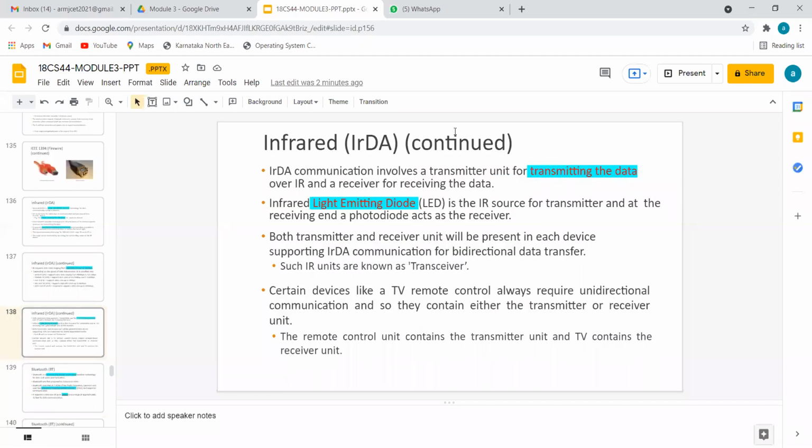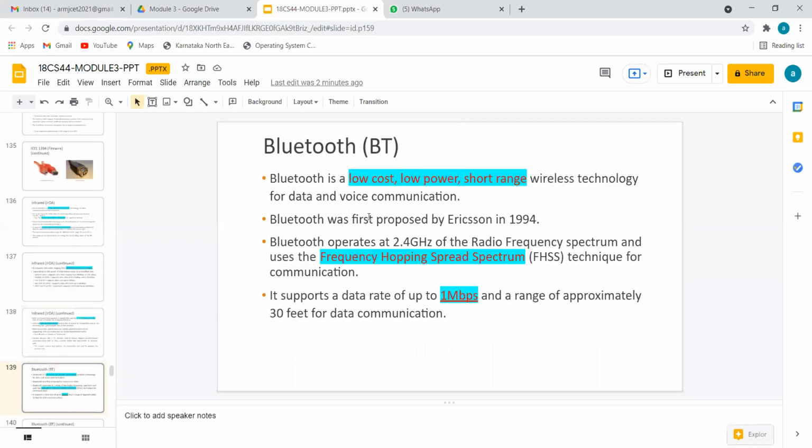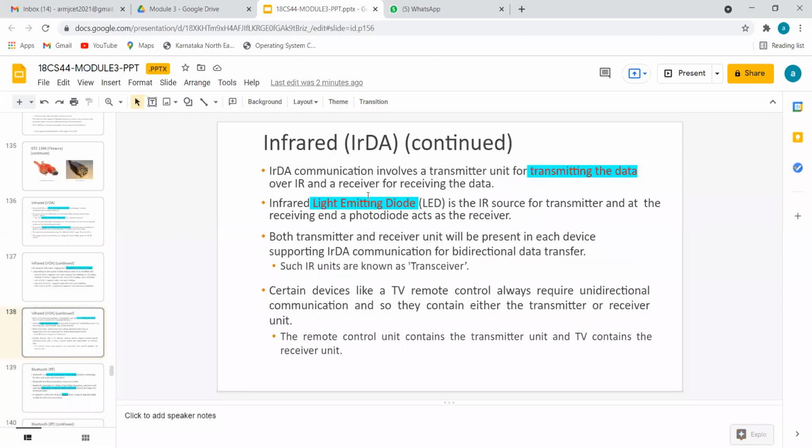Okay, we have less than a minute. Please give your attendance. I cannot start a new communication protocol, Bluetooth. Also, I would like to inform you of one thing, that